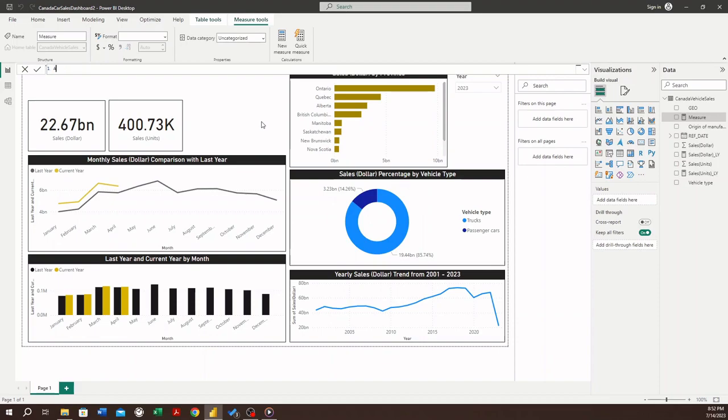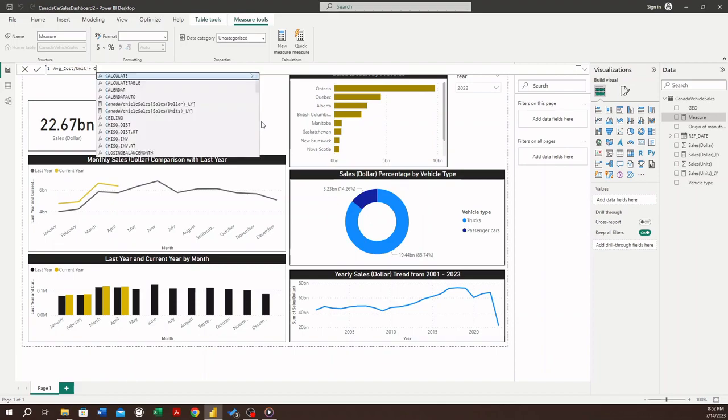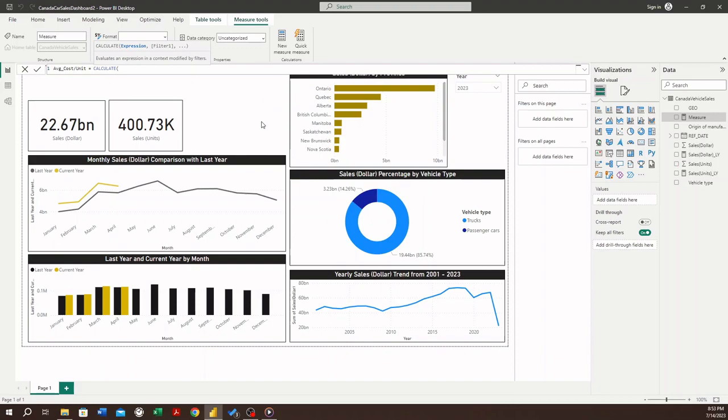All right, so average cost, underscore, avg underscore cost per unit, or I can just say average cost per unit equals CALCULATE. So what we'll do, sum of the vehicle sales dollar,